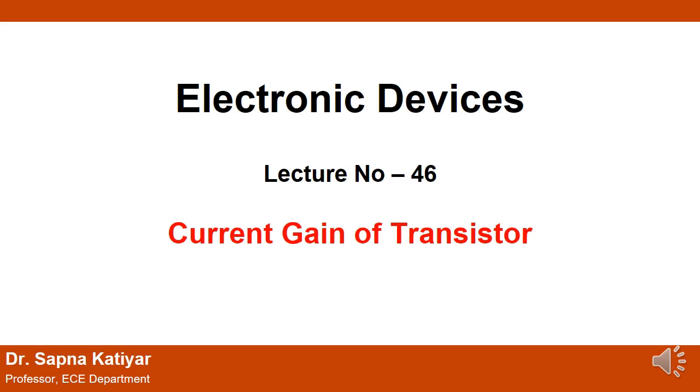Let me remind you that in previous video lectures we have discussed the types of transistors, types of bipolar junction transistors, that is NPN transistor or PNP transistor. We have also discussed the various types of transistor configurations. There are three possible configurations: common base configuration, common emitter configuration and common collector configuration. Then we discussed how a transistor works as an amplifier. So now in today's lecture, let us discuss how to calculate the gain of a transistor in various configurations. Let us begin.